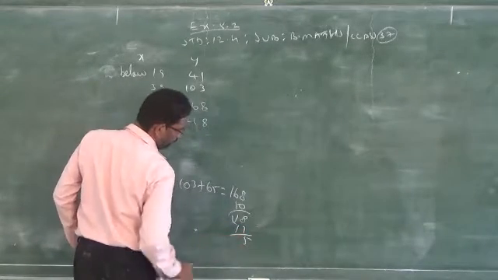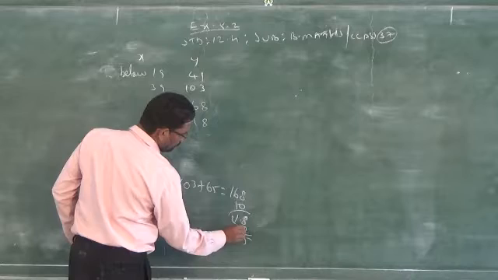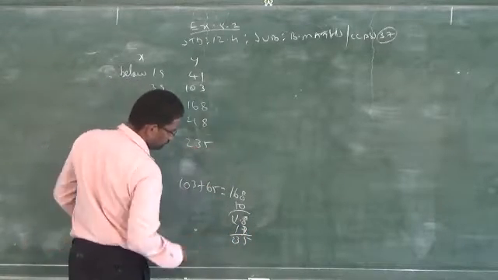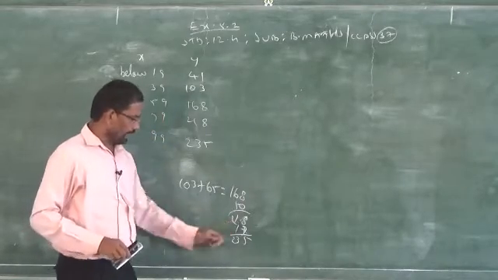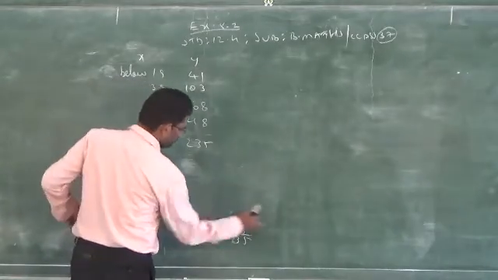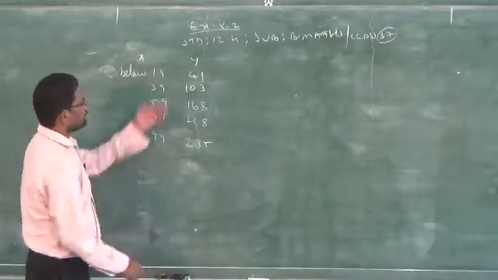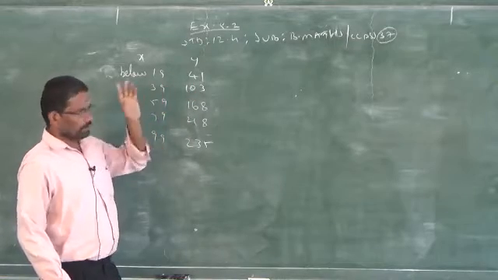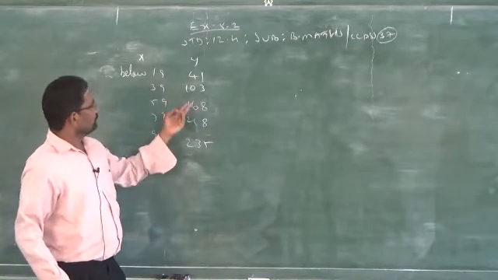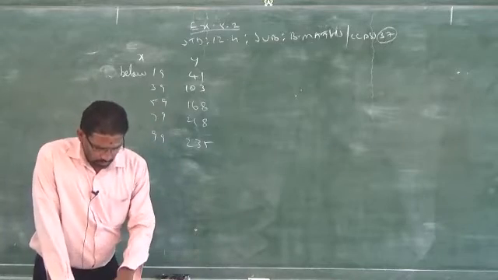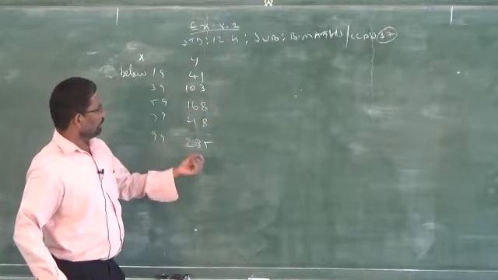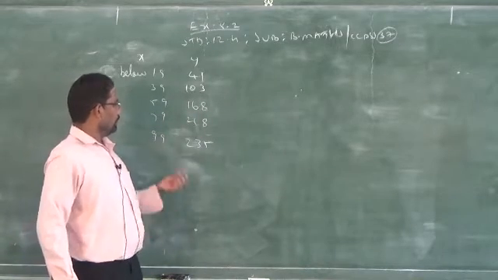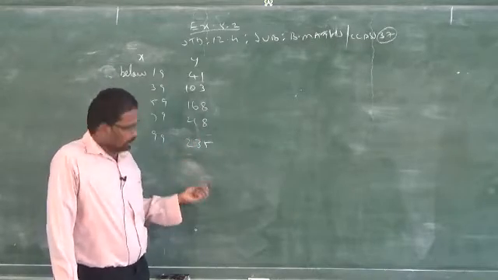Then 218 plus, what is the last data? 17. That gives 235. So, you have to add and write. Don't write the data as it is given in the question; that is wrong. So for less than 39, you add 41 plus 62, which gives 103. Then 103 plus 65 gives 168. Then 168 plus 50 gives 218. Then 218 plus 17 is 235.